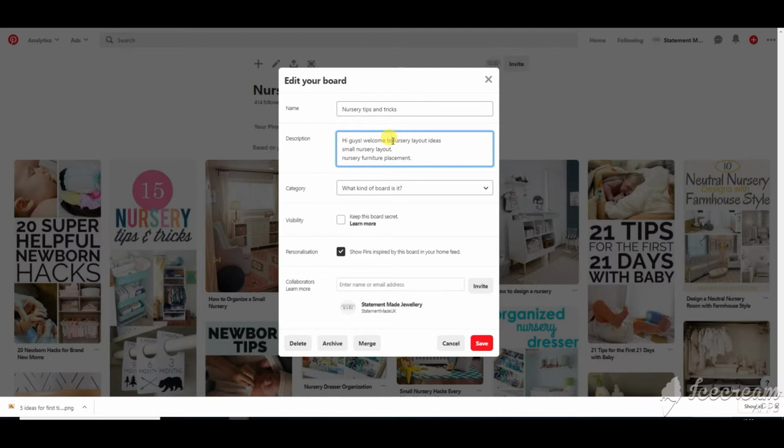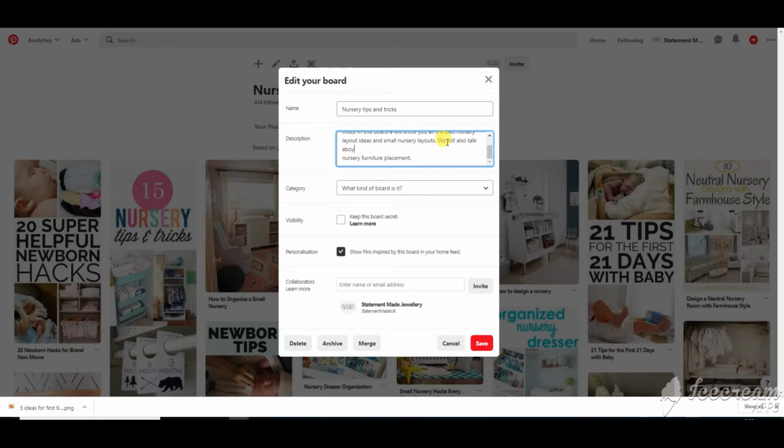So, hi guys, welcome to my board with top nursery tips and tricks. In this board, we will show you all the best nursery layout ideas and small